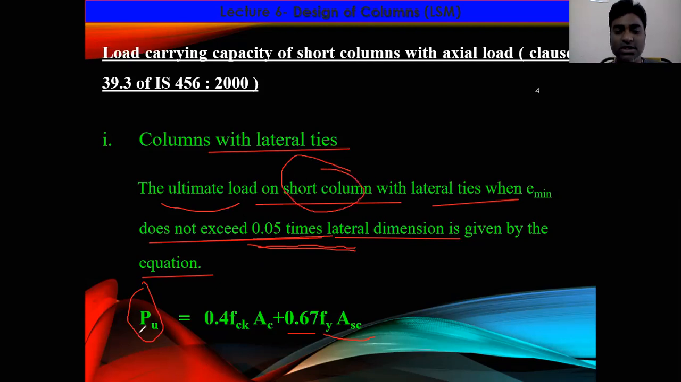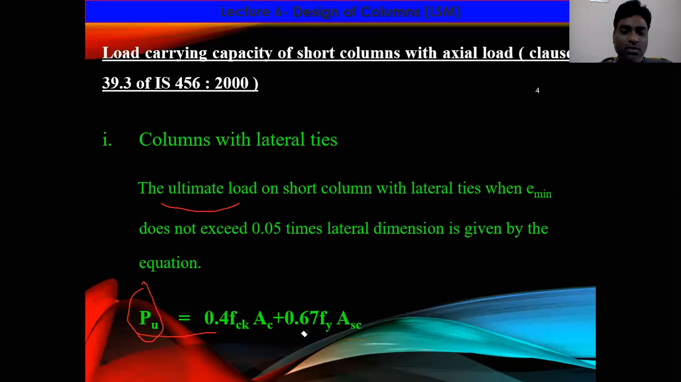So before using this equation, you need to check. The first thing is whether it is a short column or a long column. Next, you need to check the e minimum value. That e minimum should not be greater than 0.05 times the lateral dimension. Then only can you apply this equation for determining the ultimate load. Is it clear? So coming to the parameters used in this equation, the first one is